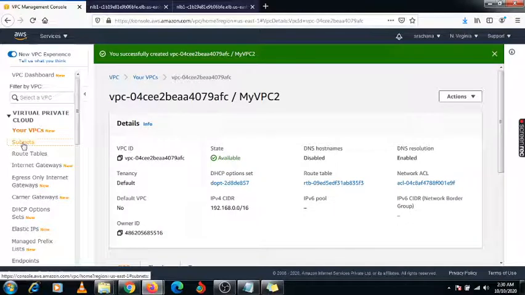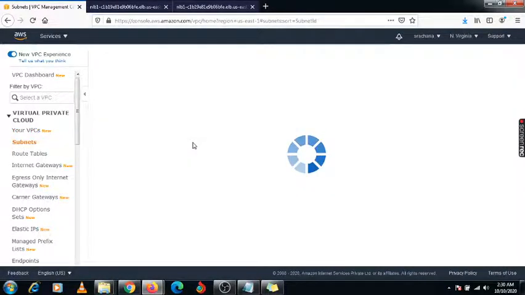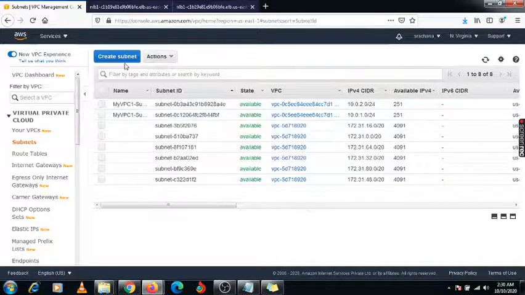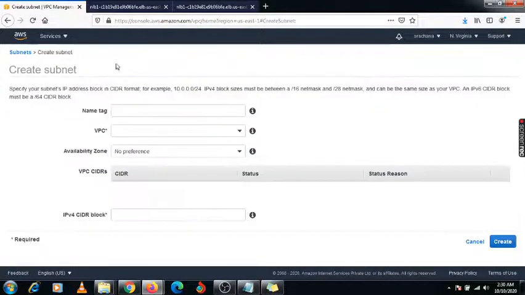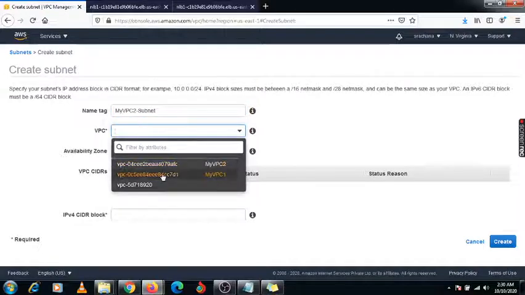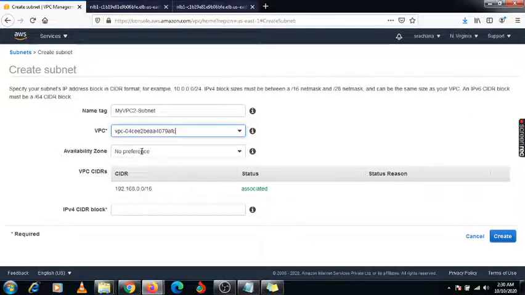You need to create a subnet. Here we are creating only one subnet, having the name my VPC2 subnet, and you need to select the second VPC.